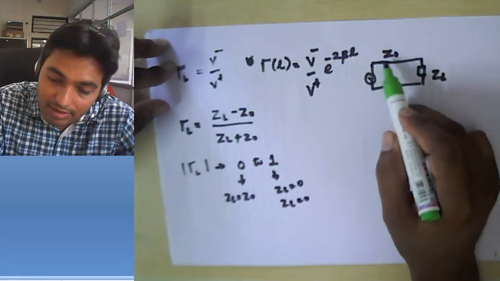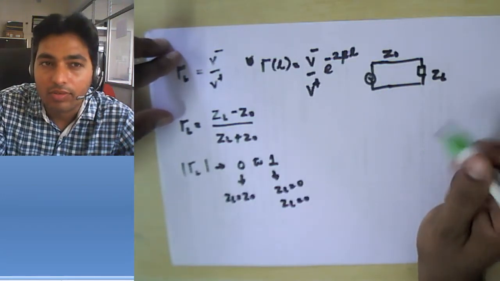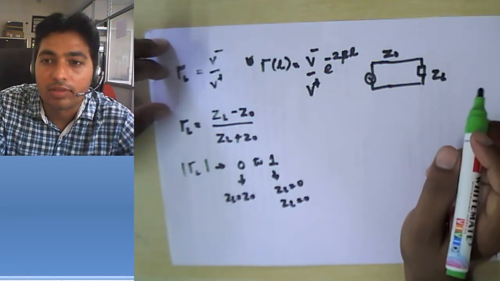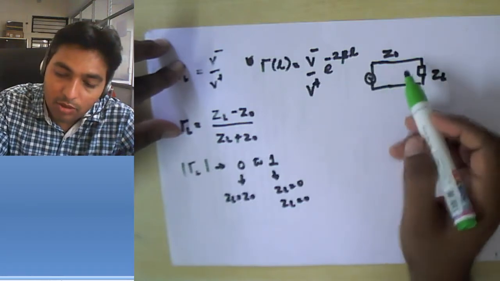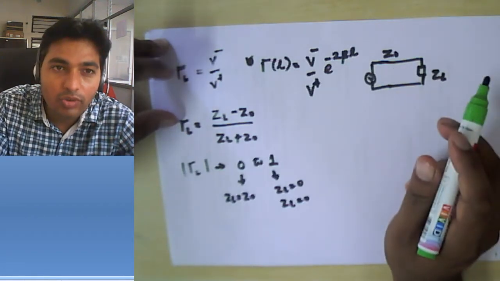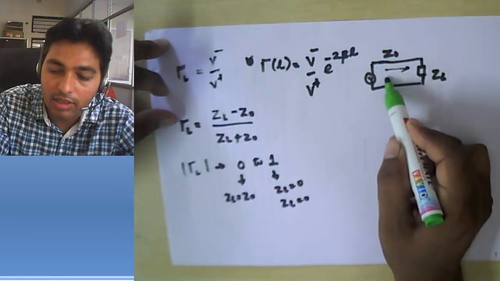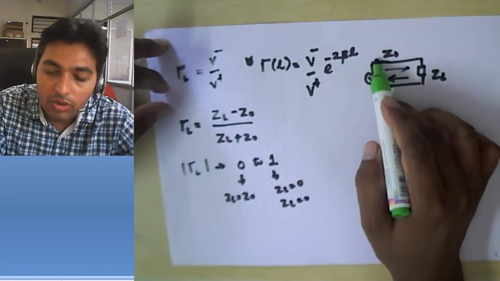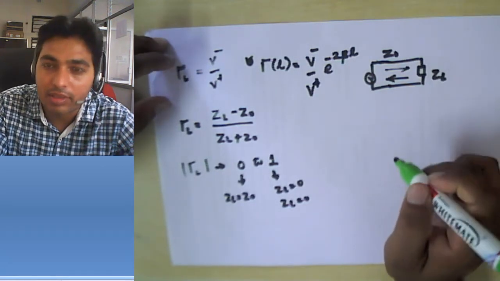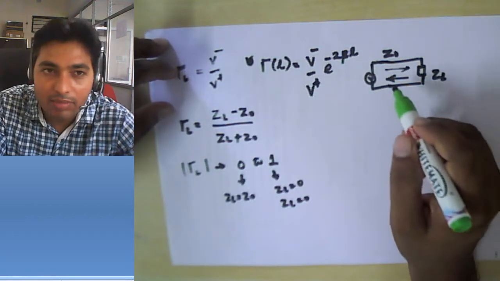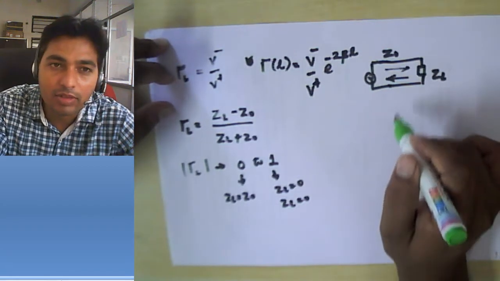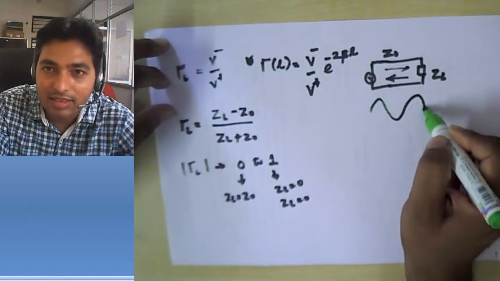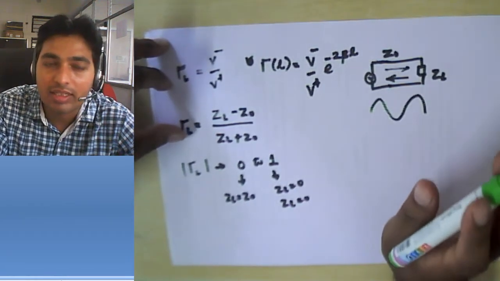We have seen that when ZL is not equal to Z0, when the characteristic impedance and load impedance are not equal, what will happen? Because of that, the two traveling waves, one going in the forward direction and the second going in the reverse direction, will add up at each and every location and form an impedance. So at each location we will have a different impedance. The algebraic summation of these two waves takes place and it forms a standing wave pattern like this. This will be a fixed pattern, so its name is standing wave pattern.